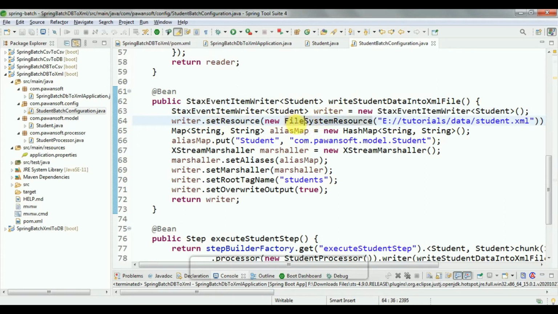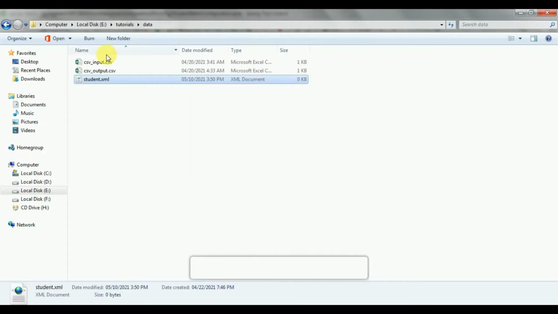My file is inside the E drive, in the tutorial folder, inside data, where student.xml is available. Currently it is 0 KB, so there is no data.